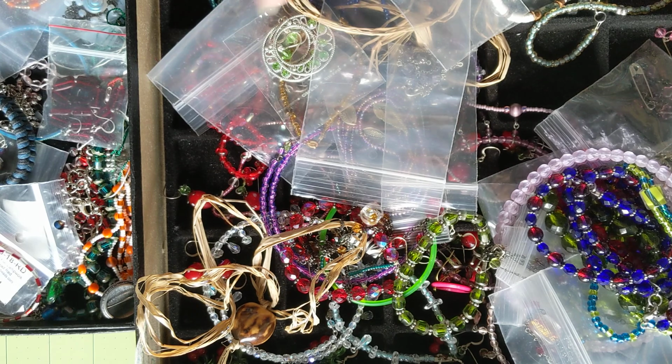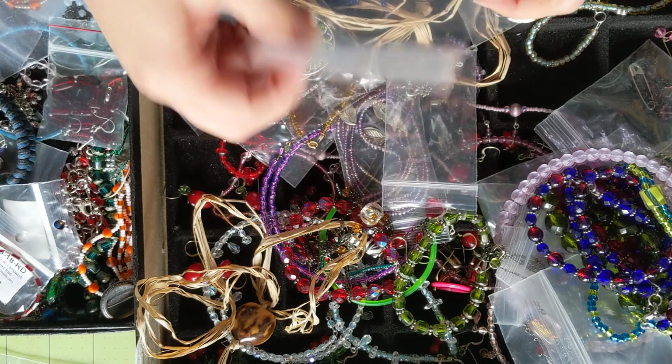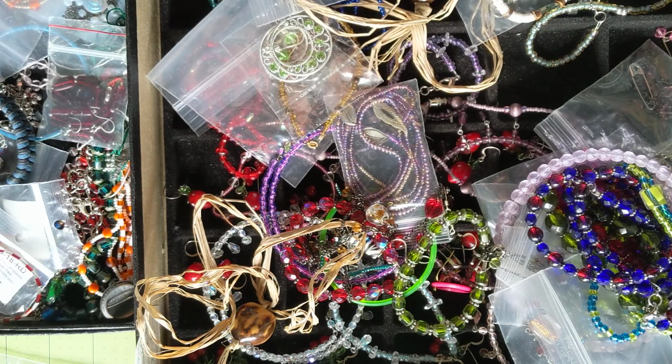I'm going to put them aside and then maybe bring out a little tray with them in it at the end. I'll try to keep that organized over to the side. So I got that one, and I'll just move my little empty bags over. So here's another little bag,